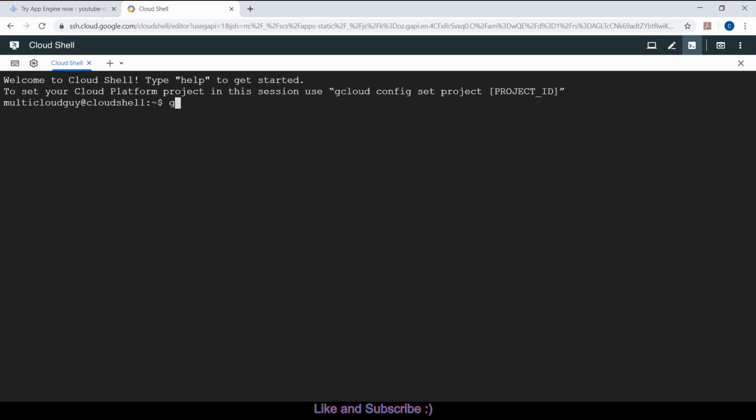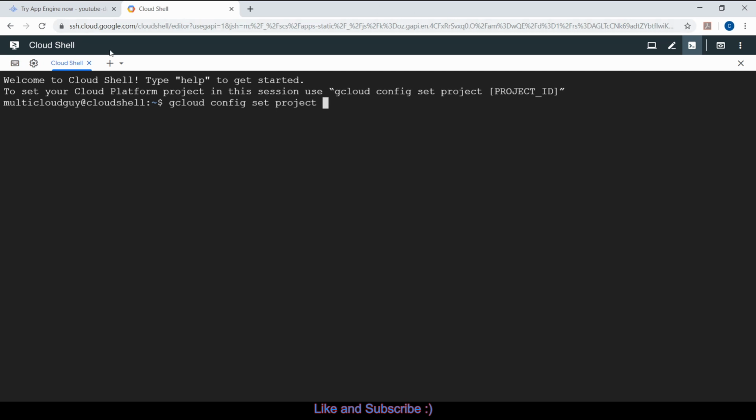The command here is gcloud config, because we are trying to change the configuration parameters. You can relate this to git config, where you can set up a few configuration parameters. So we're going to set up the gcloud config for the whole session. Set project,